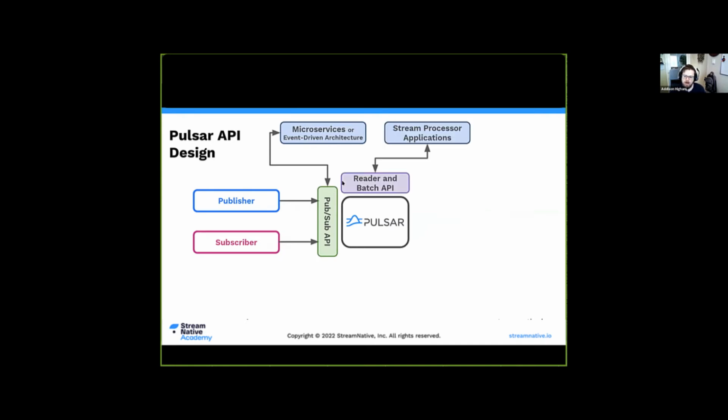But Pulsar also offers what we call our reader and batch API. This reader API is unique in that, rather than a publish subscriber model, where we're using acknowledgements and messages to track the state of where a subscriber is in a message stream, we have our reader API, which allows applications to finely control where they want to read messages,